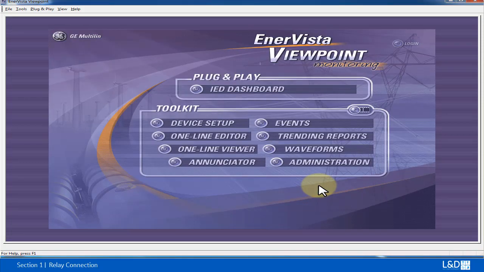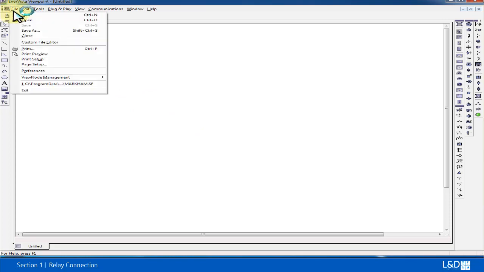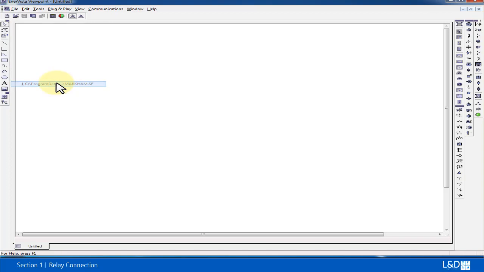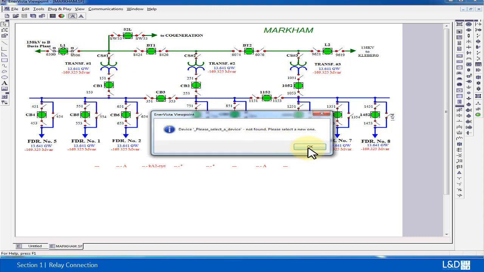to close this setup. And second part, we're going to show you how to associate these settings within the single line diagram by opening the one line editor, and we're going to open one sample file. So this is a Markham single line diagram, so I can associate one of the breakers with the device. So by clicking this breaker open,